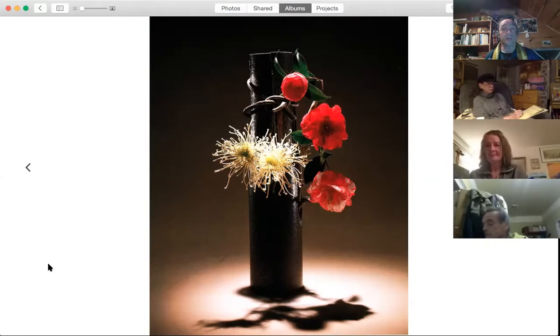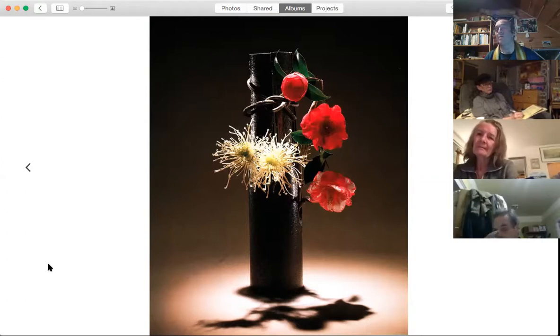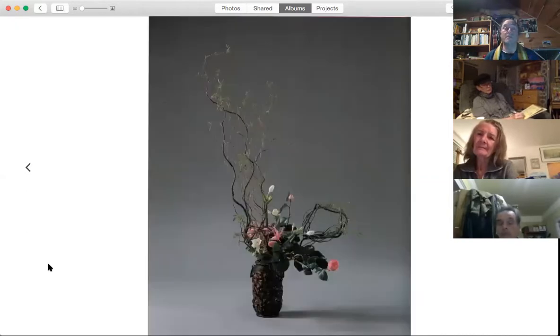And then I started to read about it and learn about it. And I realized that some of these schools of ikebana, which is Japanese flower arranging, were 300 or 400 years old. That this method of putting together flowers and vases, branches, and leaves had been developed as a system of patterns. It's not rigid, it's not hierarchical,